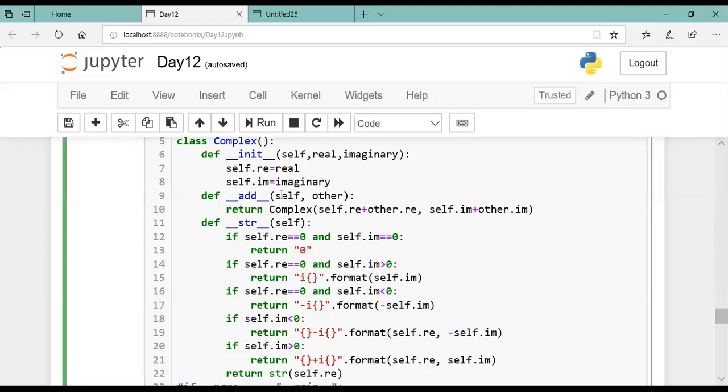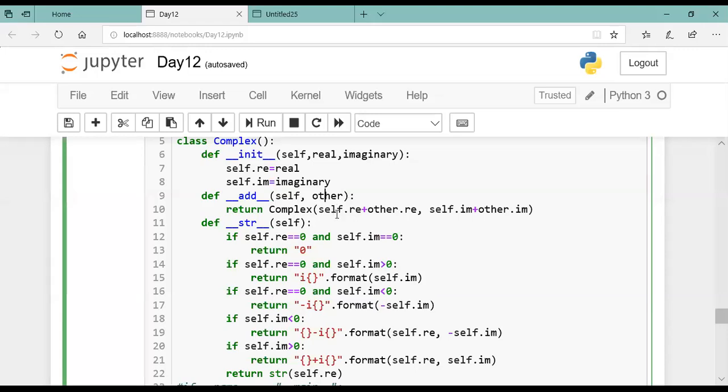Okay. Self, see, by default all the methods should have self. So self contains the object's data, and you are adding what? You are adding the other object's data, therefore you're making other. So for simplicity I have written other. Okay, you can write anything. So other. Now this add will give you what? It is going to give you another complex number, the addition of the two. What addition?